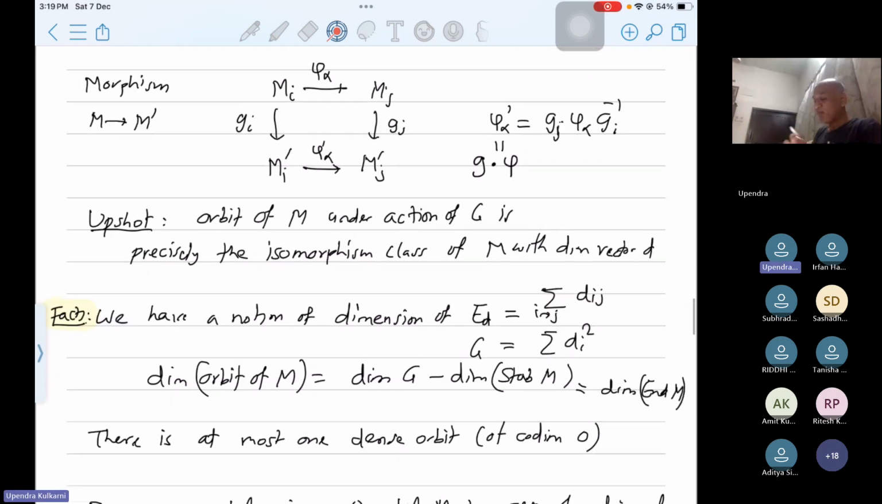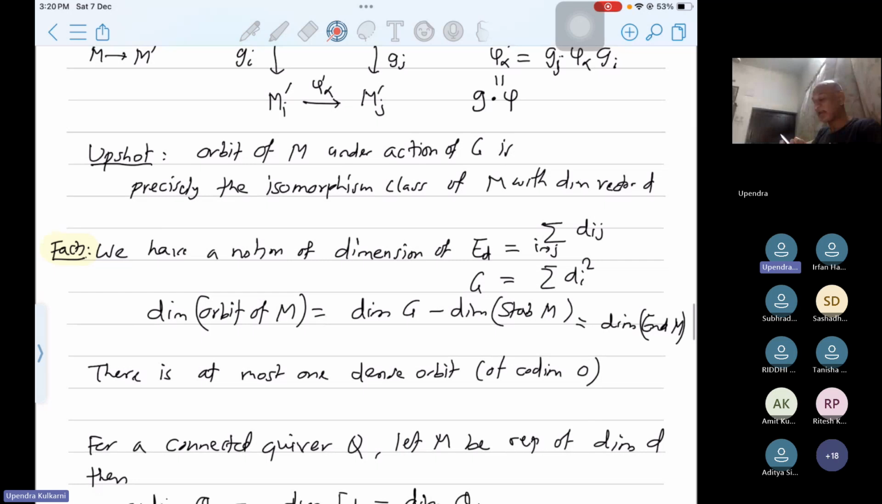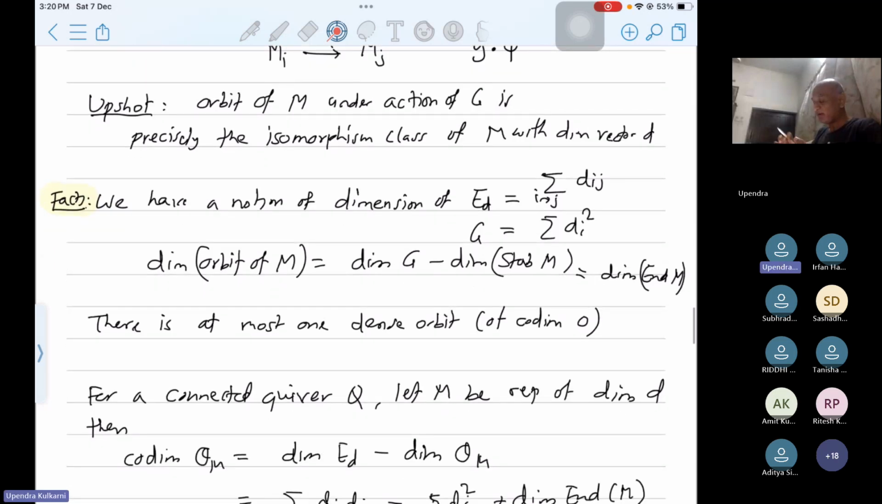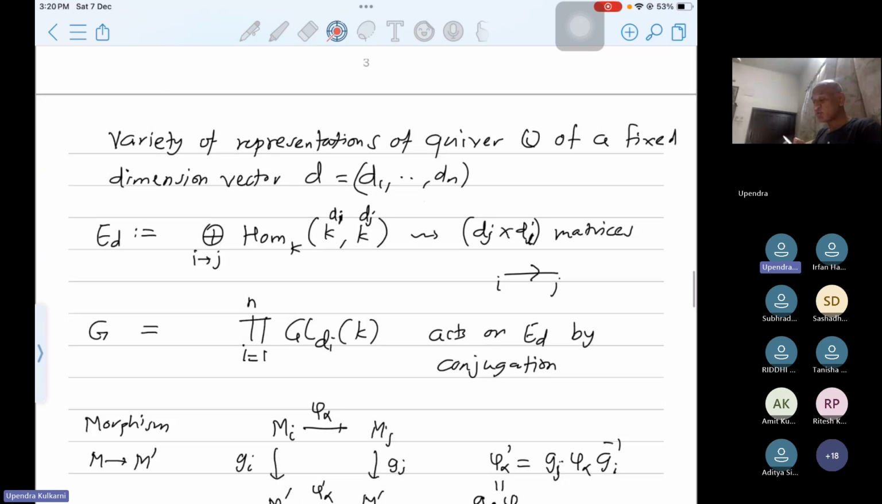One more thing to say is that algebraic geometry tells us that there is at most one dense orbit. That is an orbit that has the same dimension as the entire ambient space. Okay, so we are just going to take these facts as black boxes. All right. So what do we want to show? We want to show that the number of